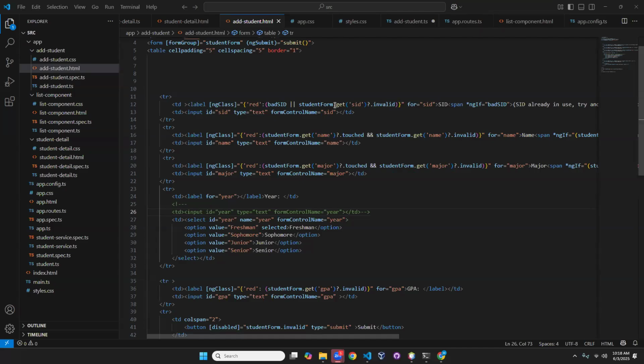So yeah, this is going to become a lot more complicated. We can stick with the invalid, but we're going to actually play around with the states. So bad SID only matters if it's pristine. So we're going to get the form field. Don't forget the question mark. The question mark is to make sure that we're not going to null. We're asserting that it's not going to be null. So we're going to go pristine, okay? And the bad SID is only going to matter if the SID is valid, and we're only going to care about the invalid if